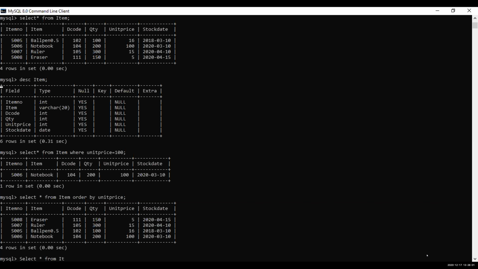Where? Letter R, right? Where name? No. Is there any column called name here? Item. Item.